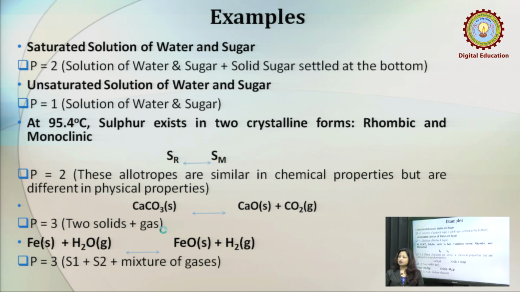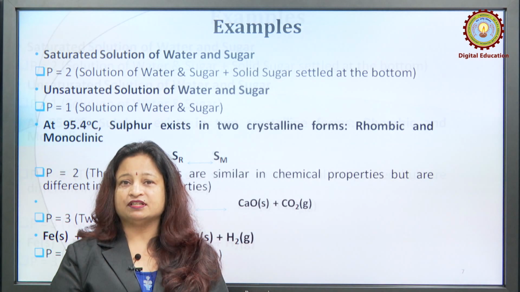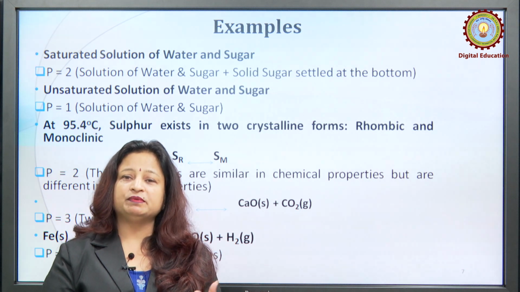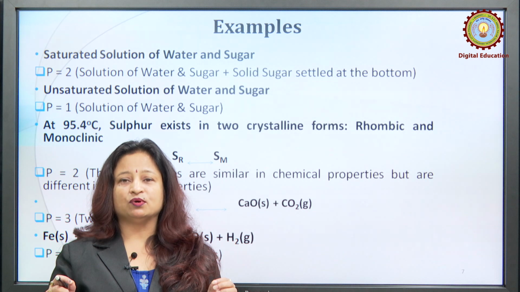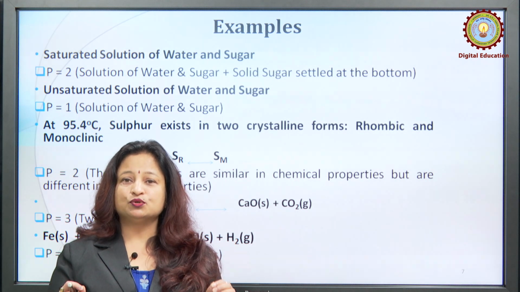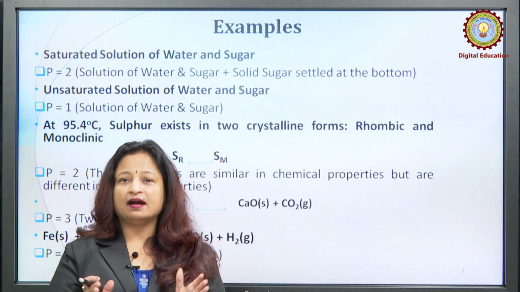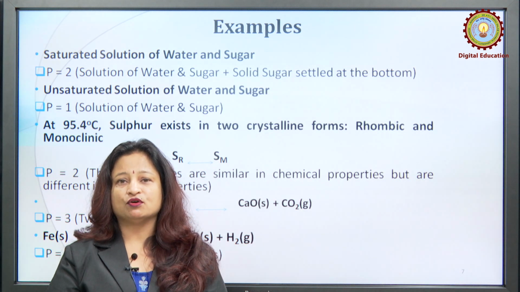Because these allotropes are similar in chemical properties, but are different in physical properties. So, whenever we consider two different solids, then also we consider two different phases. And at the same time, here also you can see, since both the allotropes or the crystalline forms have different physical properties, they should be considered as separate phases. So, sulfur rhombic and sulfur monoclinic both represent two separate phases here, and they are in equilibrium at 95.4 degree